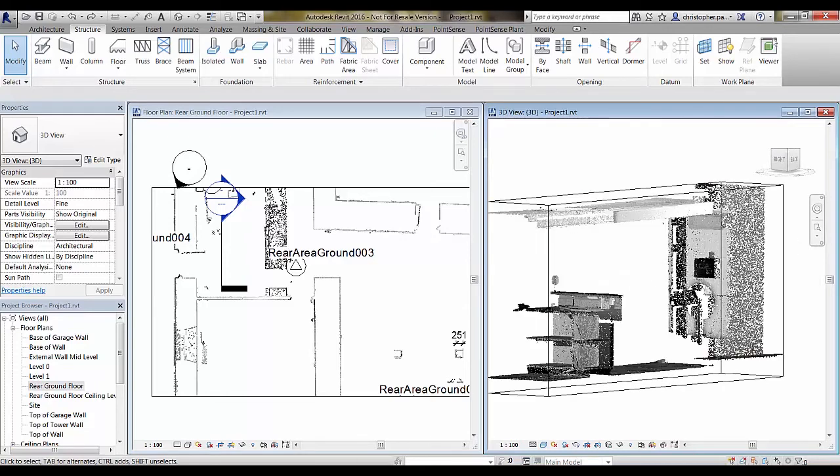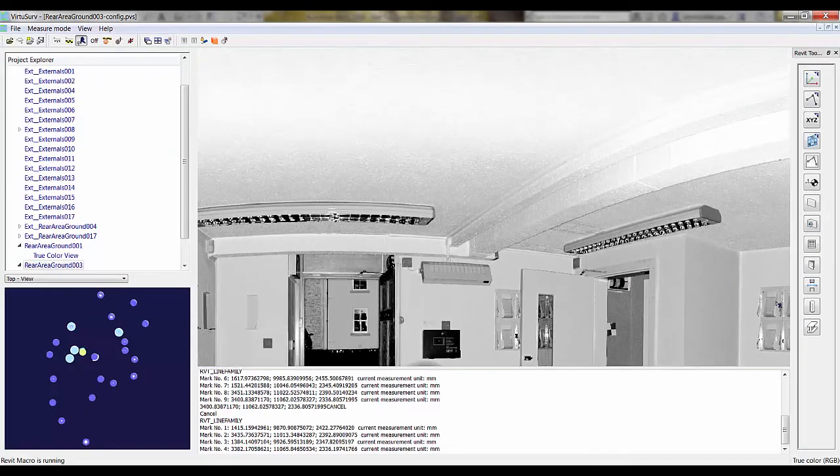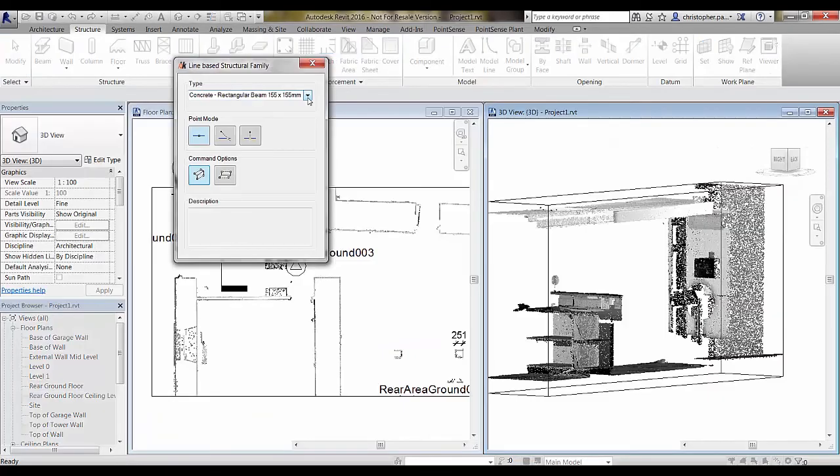So if we just drop back into VirtuSurv now and we zoom in a little bit and access the beam command, I have already taken the liberty again of measuring this beam and creating a family for it. But what we're going to do now is we're going to use either the click 4 points to insert a line-based structural family instance in 3D, or we can use a similar command which will do it in a horizontal